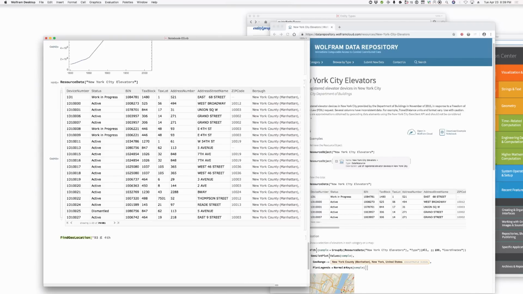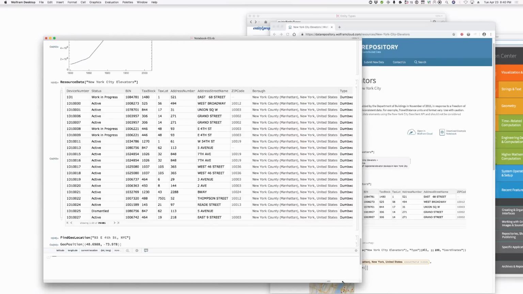I suspect here we don't have a pure geoposition. We can say, let's try this, East 4th Street. I don't know whether this will work, but we can try actually doing the geo lookup. There we go. So that actually did find a geo position, but this data set, which has 76,000 rows, is much more raw data. It has not been curated to the point that we would put this into even Wolfram Alpha, let alone Wolfram Language. But still, when you actually want to do computations here, you can absolutely do things